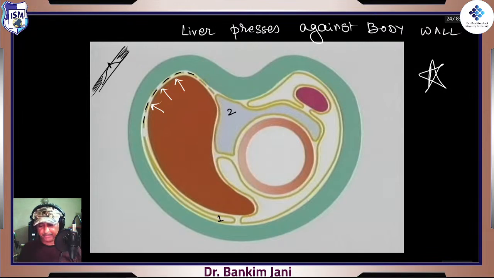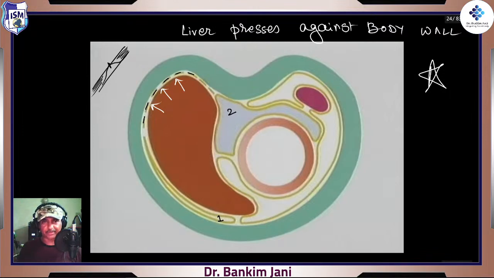They both are separate. All these things will be forming all those lesser sac, greater sac, everything, right? Serous fluid is secreted by, I told you, the visceral layer of peritoneum. Yesterday we talked about it. Okay, no worries. But you understood this concept, because from this concept so many things are